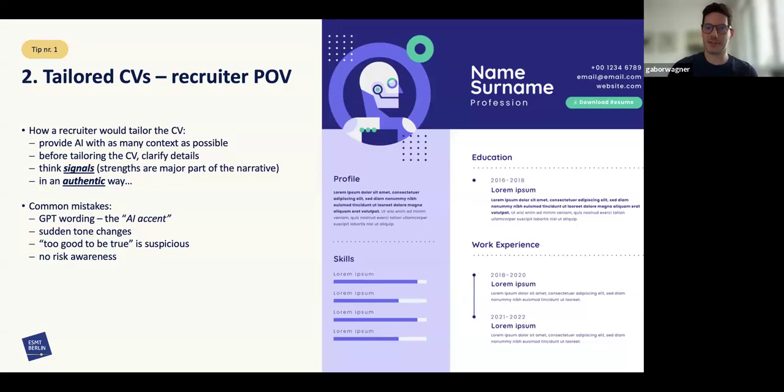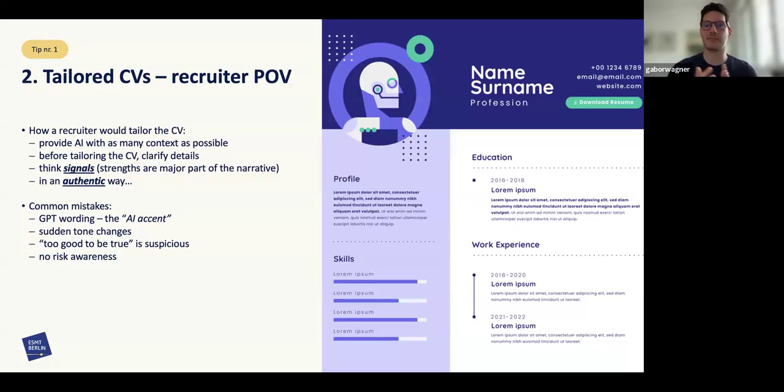When you tailor the CV, you need to provide AI with as much context as possible. So with a job description, or maybe you found someone working for that company on LinkedIn, and you can download that person's profile and feed AI with that.